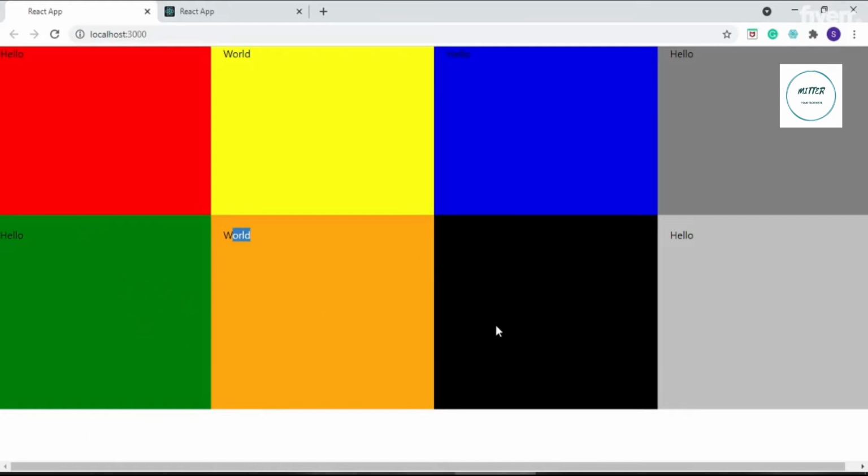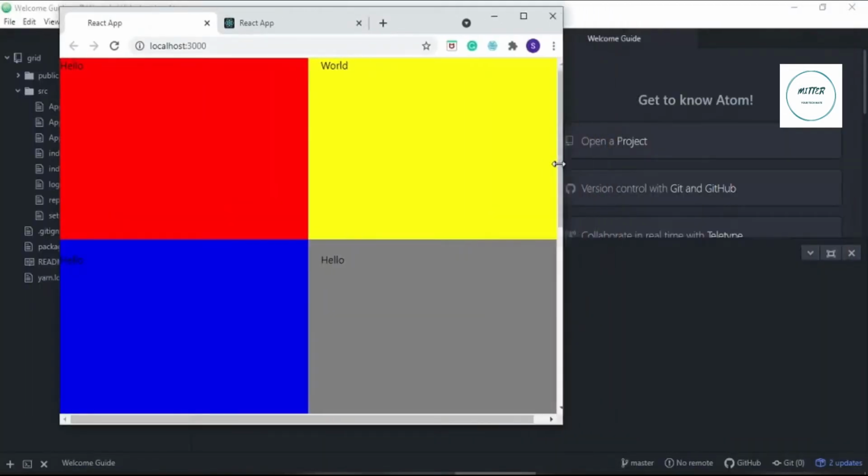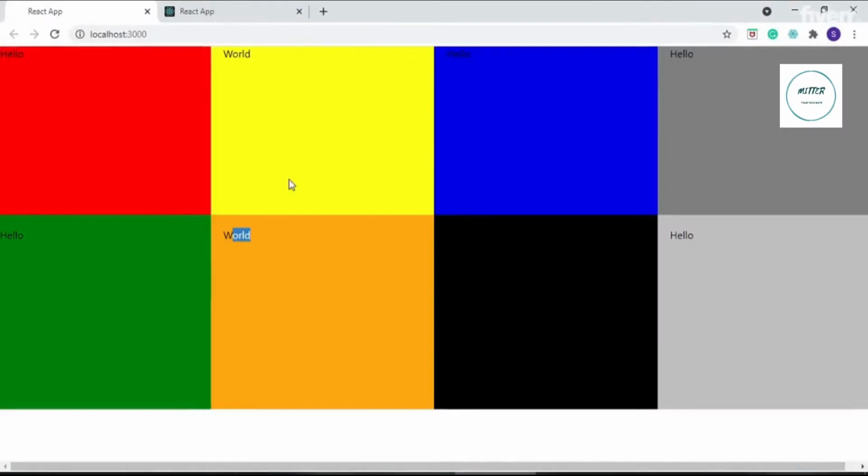So there can be different content on this website, but before even building the content, we divide the website into a grid where we have the blocks, and we define how many blocks will appear in one row if the screen size is large or if the screen size is small. So this is the concept of the responsive layout, and we'll be building this layout using Material UI and React. So let's get started with that.